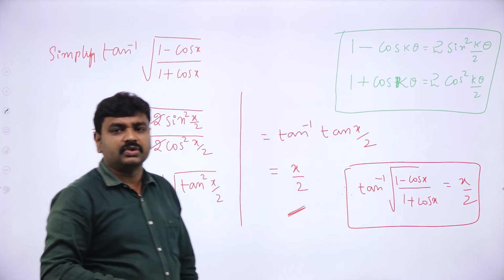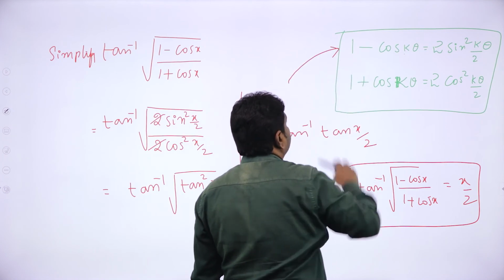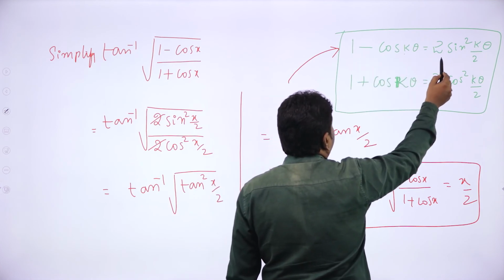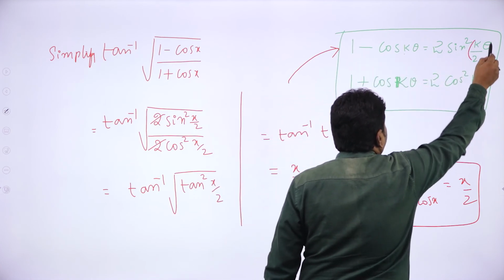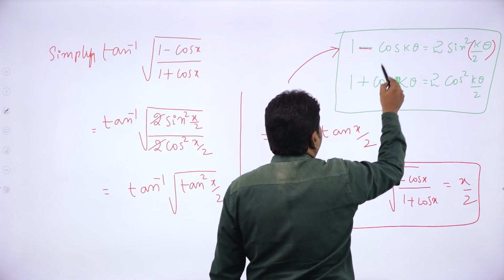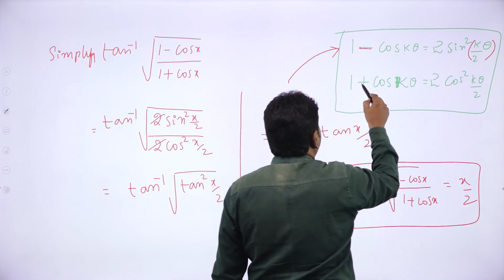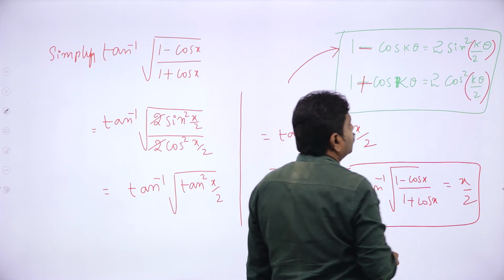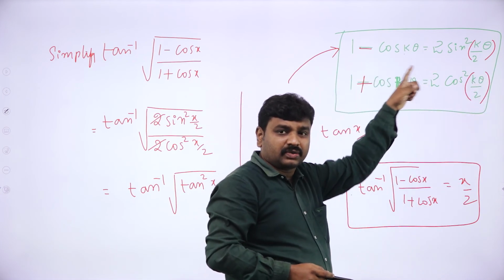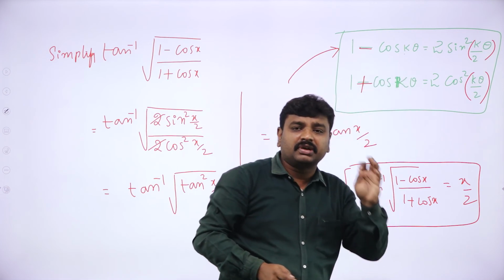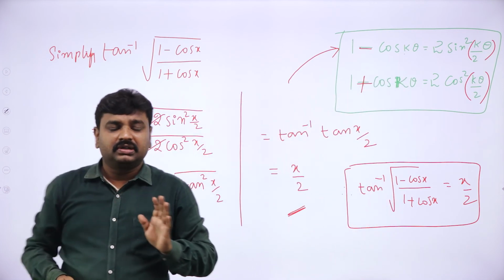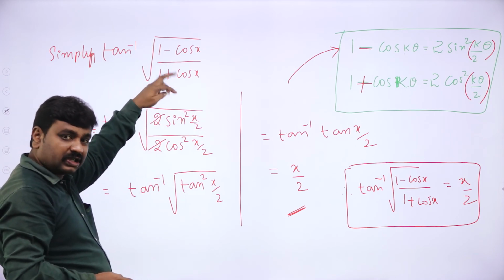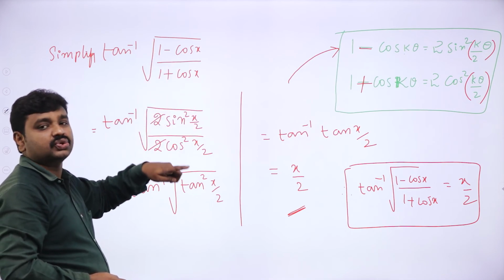So to simplify, what we used? Multiple angle formula. 1 minus cos k theta becomes 2 sin square k theta by 2, and here it is minus. Whenever minus is there, we'll get sin. And the other one is 1 plus cos, which will become 2 cos square. So 1 minus gives sin square, 1 plus gives cos square. So become thorough with this formula, and this is a most important problem. Similarly, they may ask the reciprocal of it, or they may ask 1 minus cos 2x and 1 plus cos 2x.